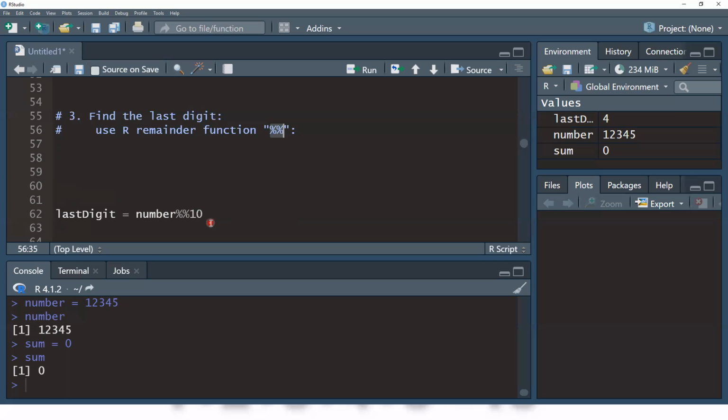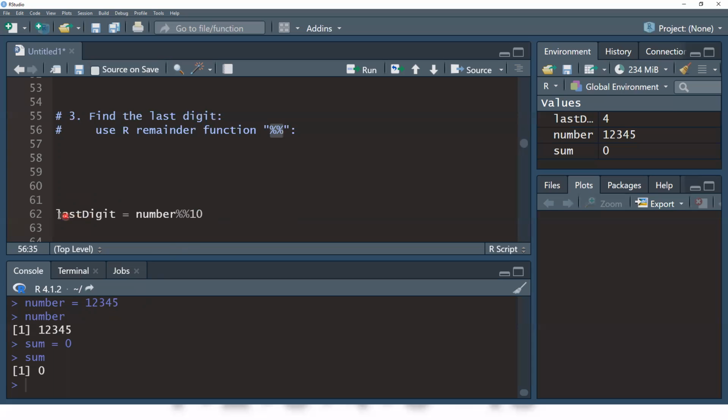So for any number divided by 10, the possible remainders are 0, 1, 2, 3, 4, 5, 6, 7, 8, and 9. That's the last digit of this given number.